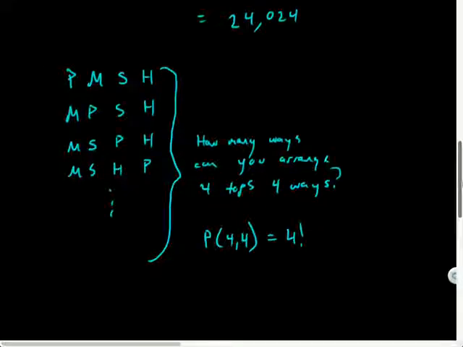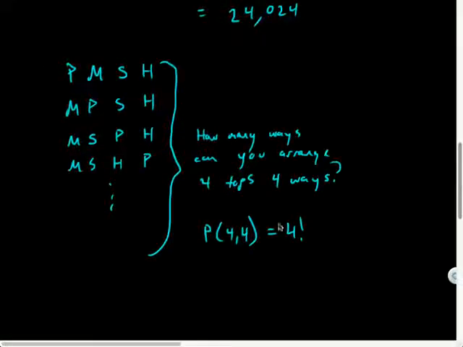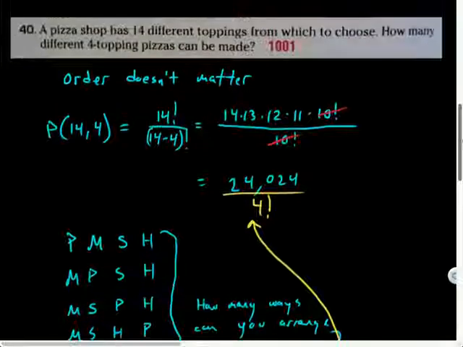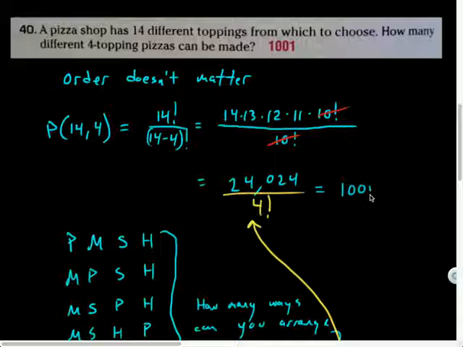So what I could actually do to eliminate the order repetition is take that number and divide by it. Think about that. So I have to eliminate all of those extra situations that we weren't caring about. So divide by 4 factorial, 4 times 3 times 2, is that 24. And I get, behold, 1,001, another palindromic number, which is the actual number of varieties of pizza that can be